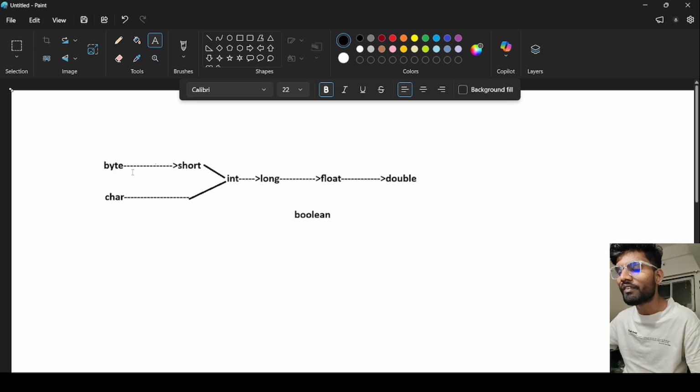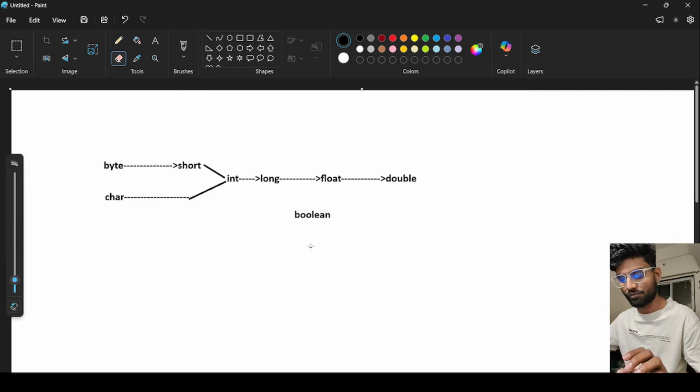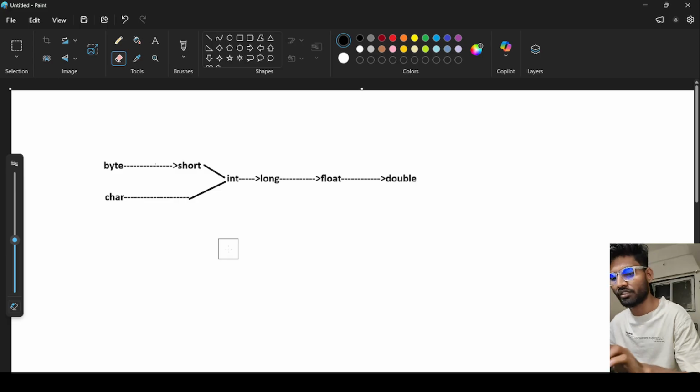When we perform typecasting, there are two types: implicit typecasting and explicit typecasting. At this moment, I will erase this boolean data type. Okay, don't worry. But remember,